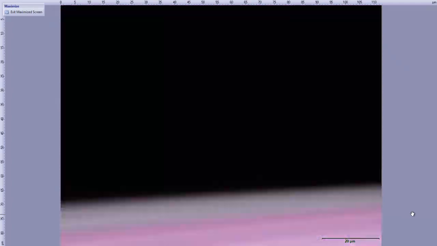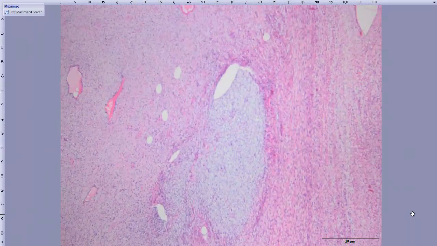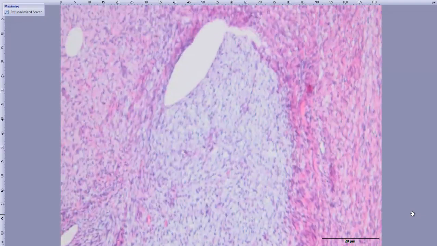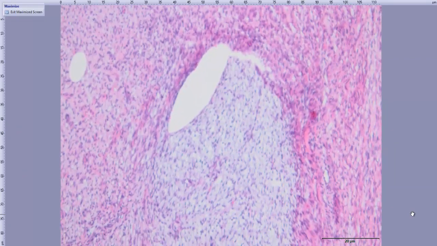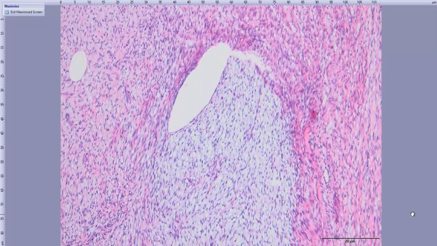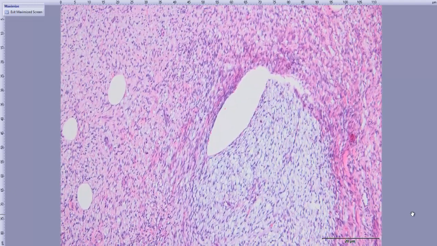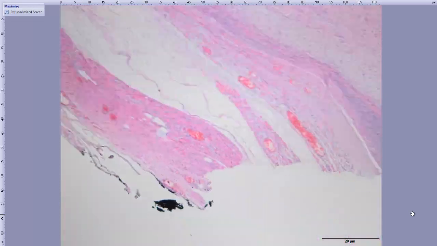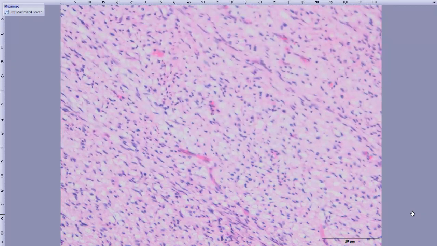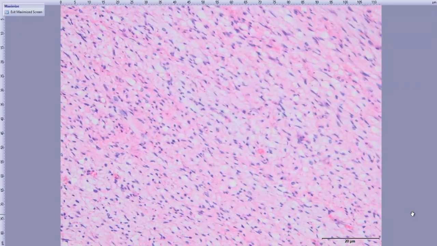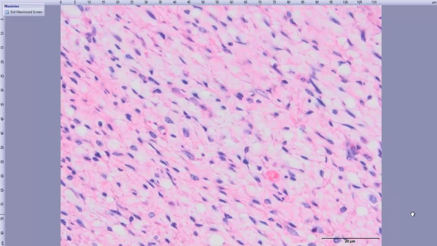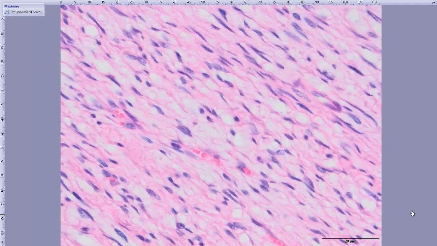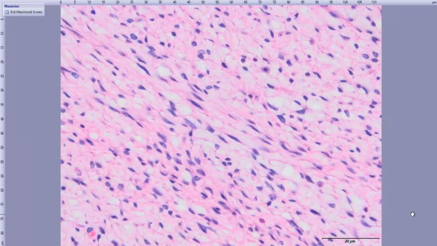And again, we have here another area. The cells try to herniate into a vessel, and in this slide, these areas quite resemble perineuroma, as the cells have these bipolar extensions, and